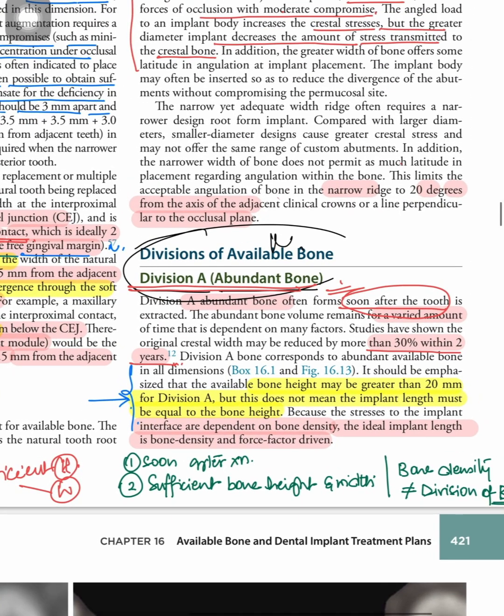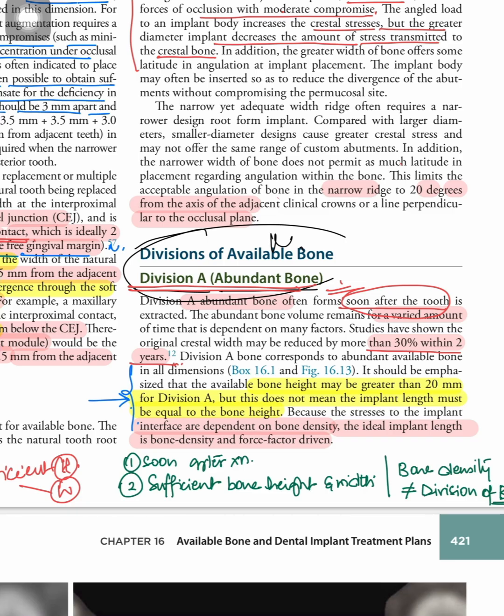Hi everyone. So our next topic is divisions of the available bone. I do realize that these topics are quite dry. You might not find them that interesting, and I totally agree with it. But let me tell you that these topics will help you explain to your patient why a certain implant failed within a span of 1 year, or why one particular implant lasted for years. Although there are so many factors that decide how long the implants would survive, one of them is the morphology